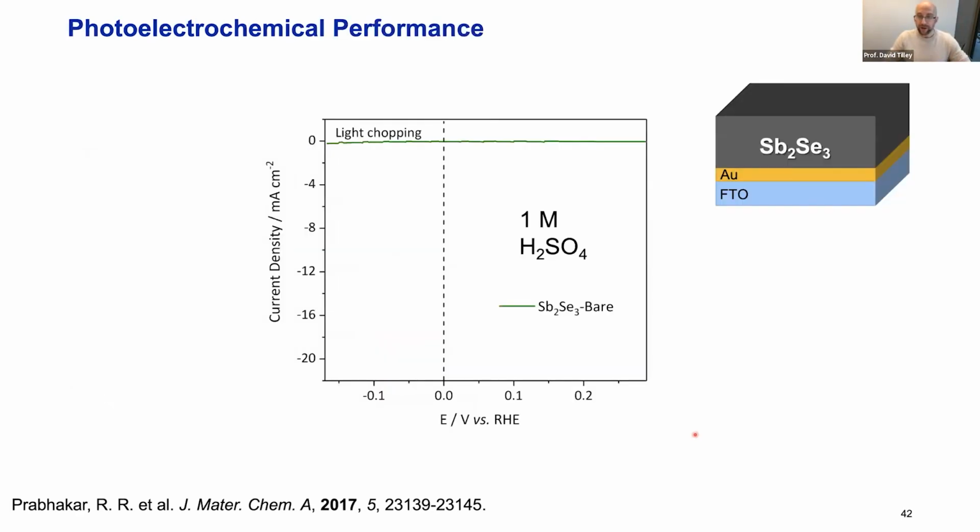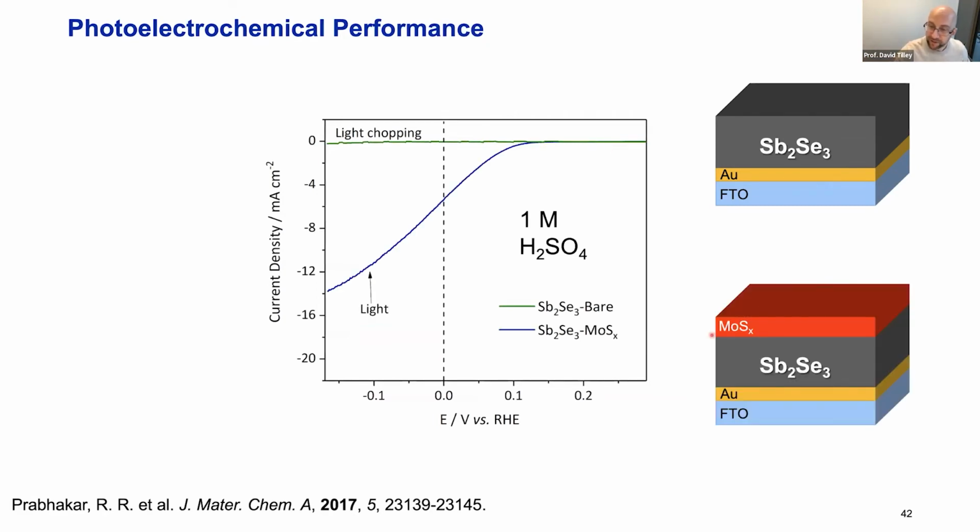And so we thought, okay, well, let's just see if we get lucky and maybe we don't need any sort of catalyst or anything. So we stuck it in 1 molar sulfuric acid and shined light. And so again, we're doing the light chopping, but we don't see anything. So it's either dead or it might be dead, and we don't know if anything's wrong here because also there's no catalyst. So then we put a catalyst on the surface and we use this molybdenum sulfide. And when we do that, then we get this nice current here, this onset of a photocurrent,